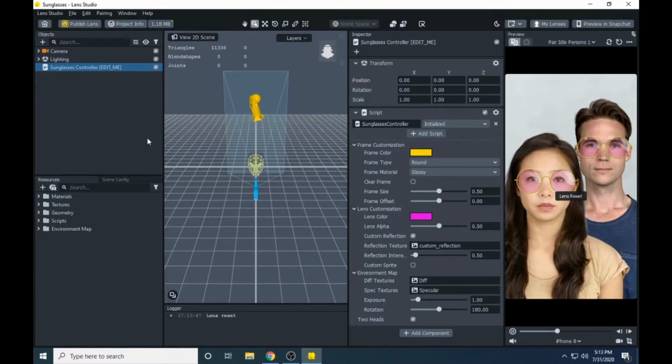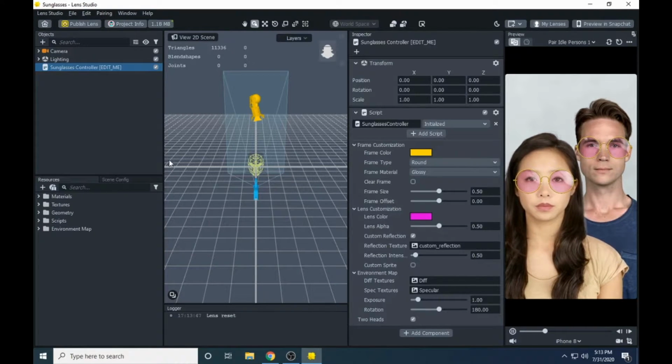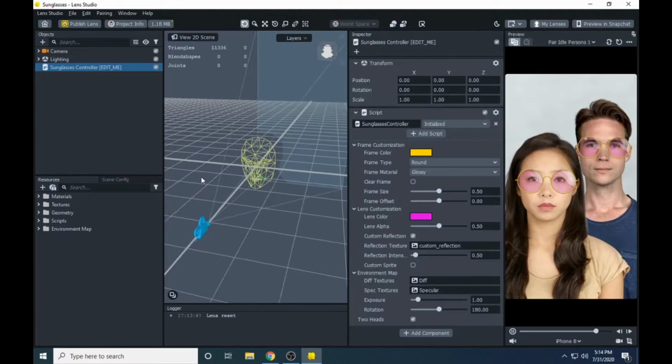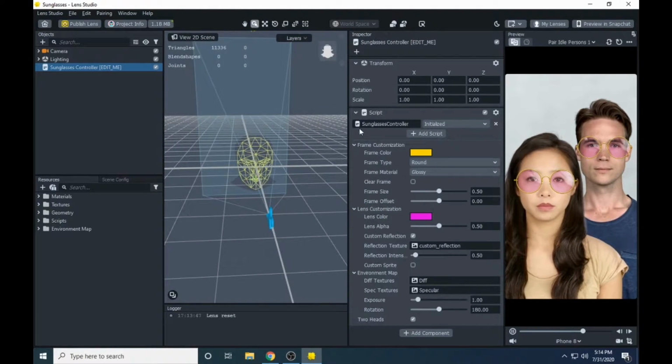Here we go. We have four sections here. The first is the object panel, in which we have our camera, lighting, and other things as well. This is our scene view, like how we're going to take our pictures in front of the camera. This is a whole 3D view, and this is the inspector panel, in which we can modify our content in the lenses.